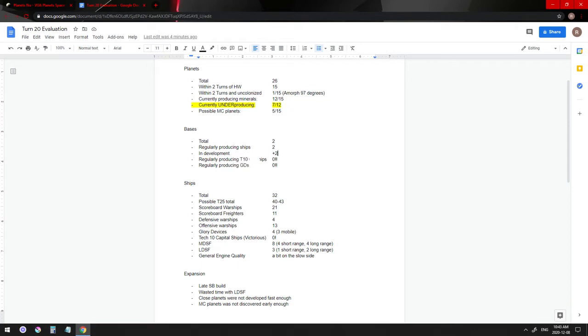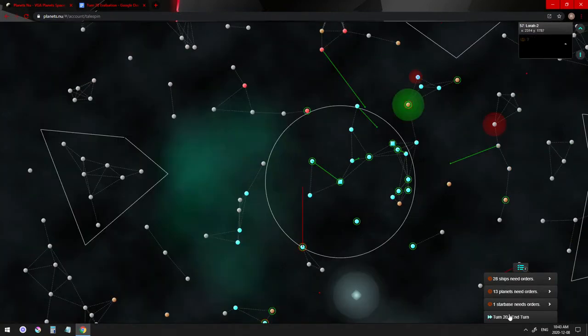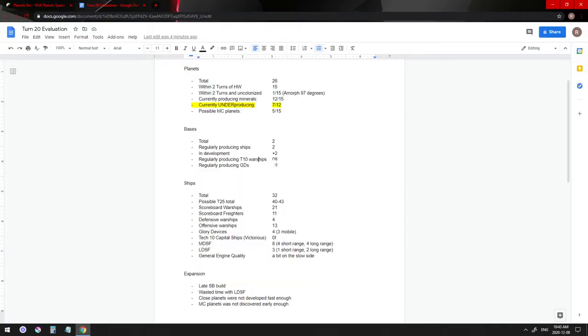Regularly producing Tech 10 warships. So none of my bases are producing Victorious class battleships every turn. At this point, at turn 20, because the turn limit should usually hit at turn 25, I should be producing Victorious class battleships regularly. I am not, and so that is another major issue on my